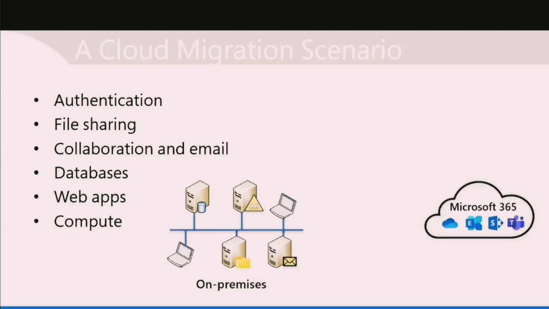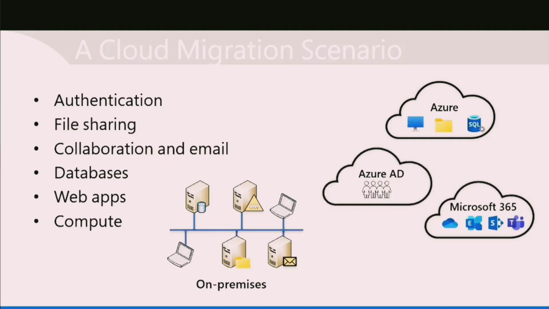Now, when you're moving to the Microsoft Cloud, there are a couple of possibilities. There's Microsoft 365, which is, as we'll learn soon, a software as a service solution. So it provides OneDrive, Exchange Online, SharePoint Online, and Teams, amongst other services. There's Azure, which provides infrastructure as a service and platform as a service, again, as we'll talk about later. So that's things like storage and databases and compute services. And then providing the authentication to all of these is Azure AD, or Azure Active Directory.